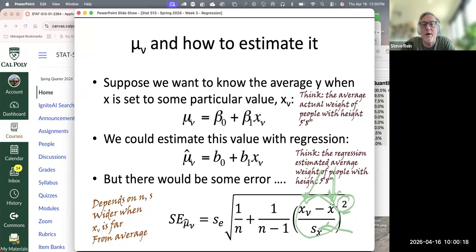Squaring numbers that are less than 1 makes them smaller. Squaring numbers that are a lot less than 1 makes them a lot smaller. If it's more than 1, it makes it bigger. So basically think tiny values inside the parentheses. We don't care. X's that are close to the average X end up with little variability in our estimate of the average y for that x. So if we're talking about an x close to average, we very precisely know the truth. For x far from average, we don't so precisely know the true average.